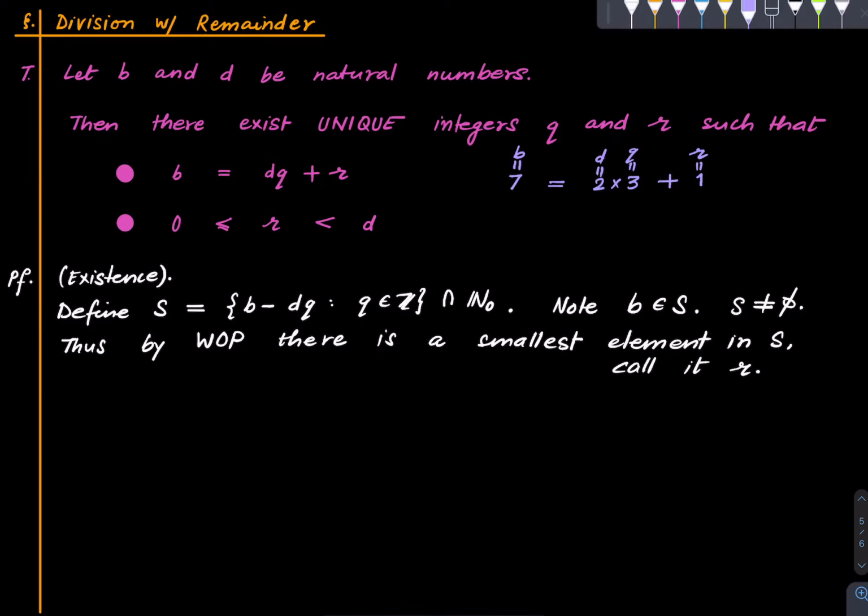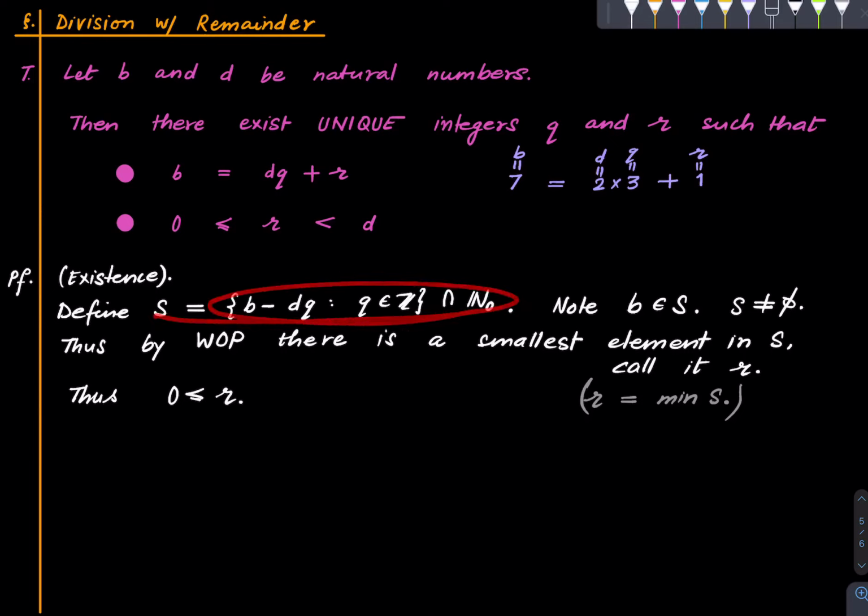So in other words, this is just a notational change. R is equal to the minimum of S. That's how we may write it. So far so good. And here, since R is an element of S, note that R is at least 0. Why? Because any element of S is at least 0. S is, after all, a subset of the set of whole numbers. Therefore, this much is clear. We claim that